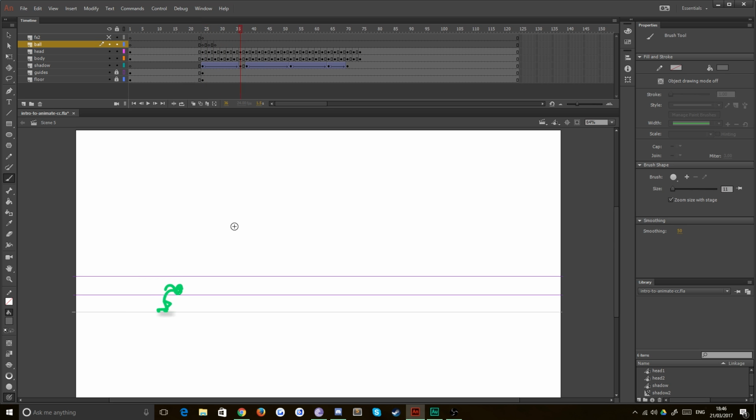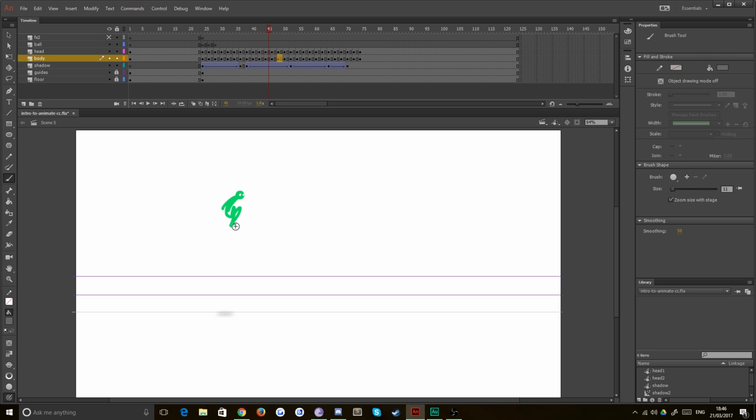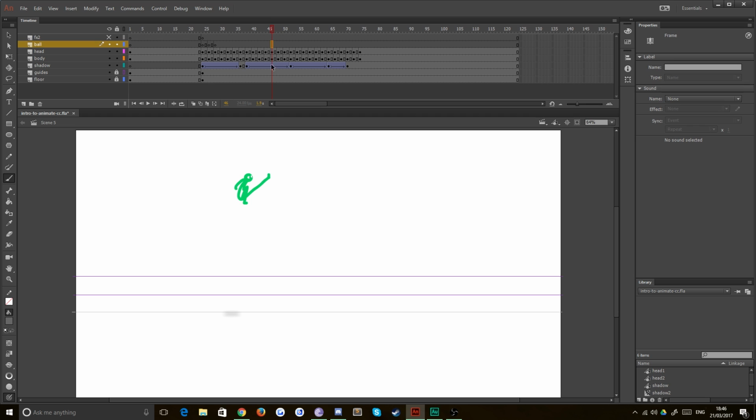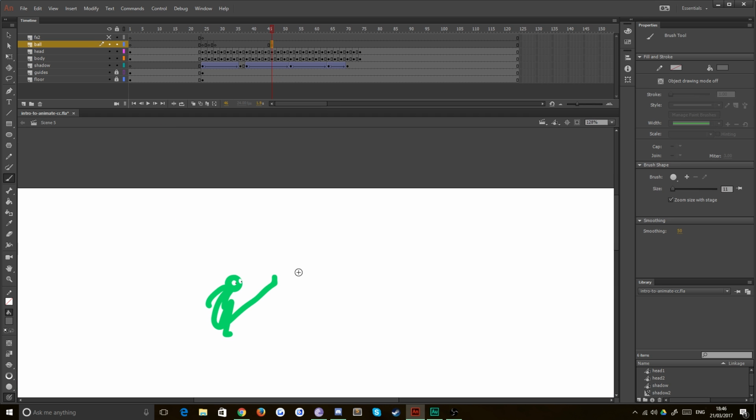So the first thing you want to do is actually go to the point of impact where you think he's going to actually kick this ball. And I think it's probably going to be this frame here. And the reason you want to do that is because you can determine its trajectory and things like that. So if he's kicking the ball in this frame, for example,